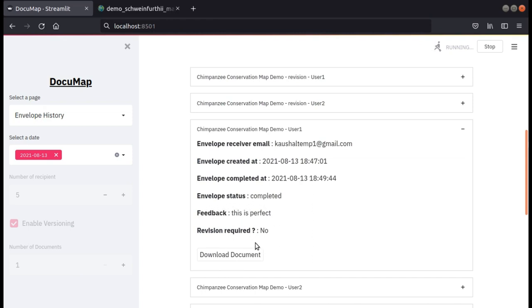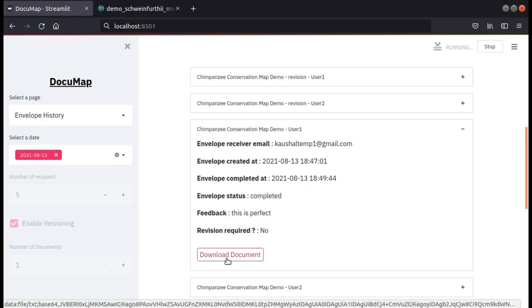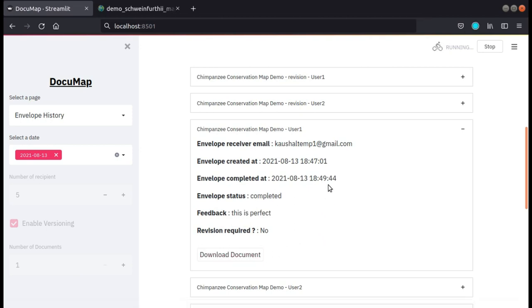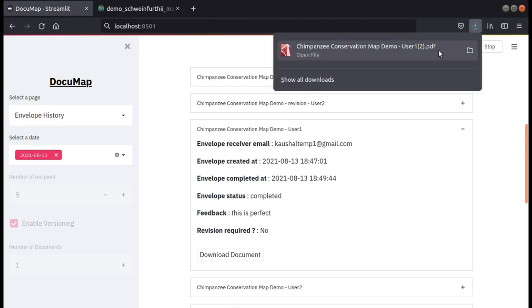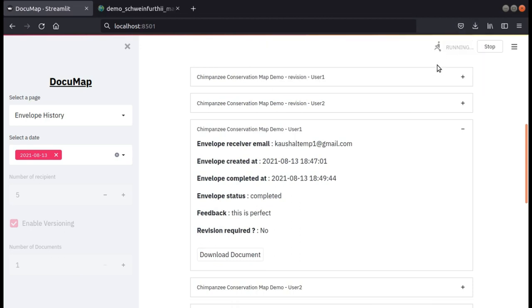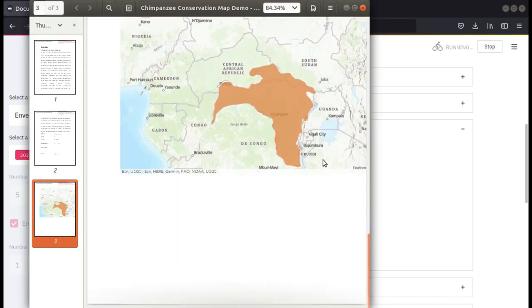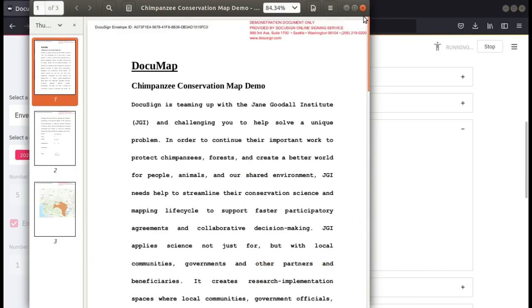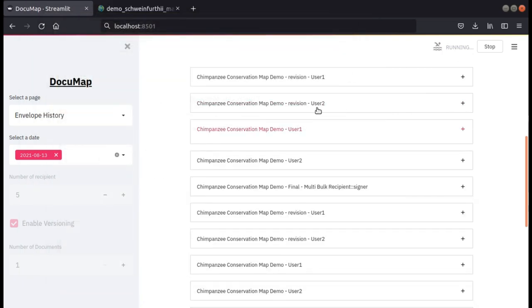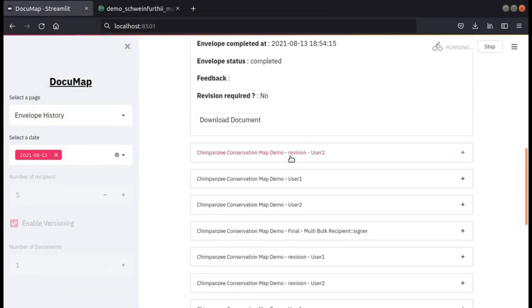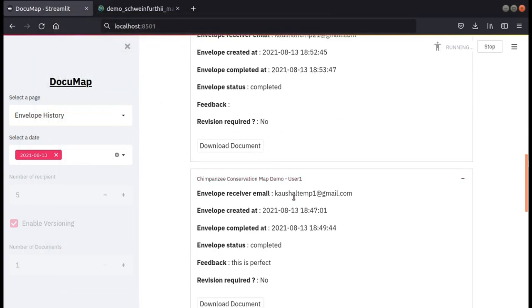Then we again have to get the documents of that envelope, and then download those documents. So two APIs for that. We just have to click on the download button and that PDF file will be downloaded. So this is the PDF of that. This way we can view all the envelope details one by one.